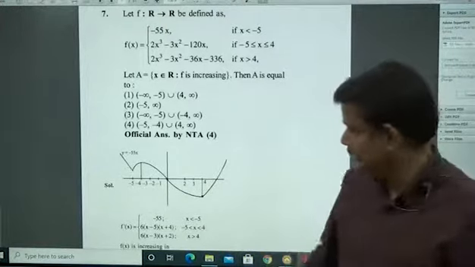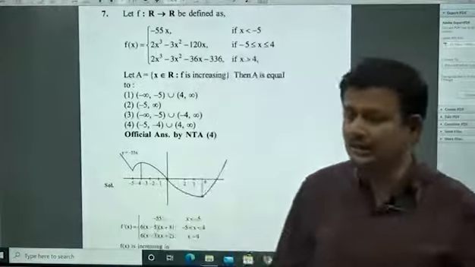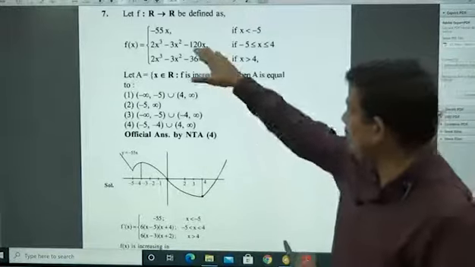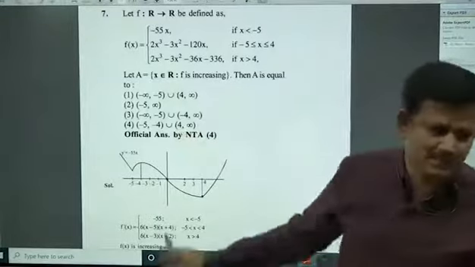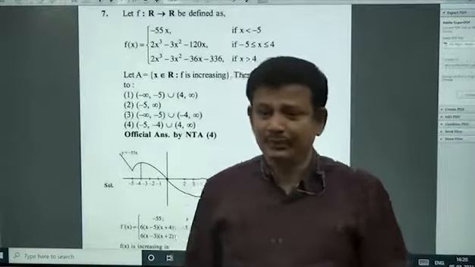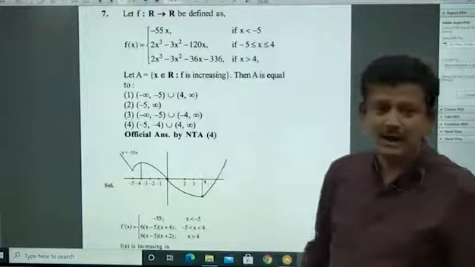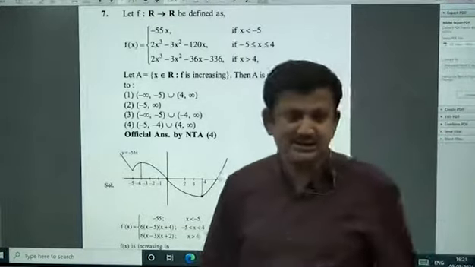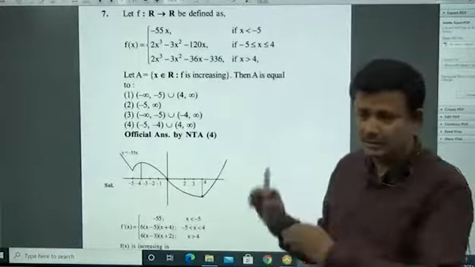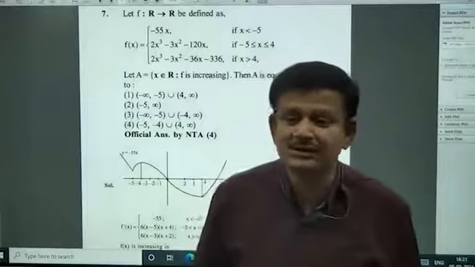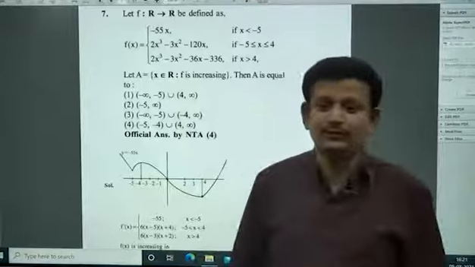Is it clear? No drawing graph, no complete nonsense differentiation, just to be a little alert. We are saving lot of time. What are we doing? Up to minus 5 it is decreasing function, so that should not be part of our answer. Some options got eliminated. We are left with 2 options. In these 2 options, how to identify which one is right? Identify those regions where he is saying it is increasing or he is saying it is not increasing, where there is a dispute. Common or already common, just check wherever there is a dispute and see who is right. And which is the best number to choose between minus 4 to 4 for this discussion?